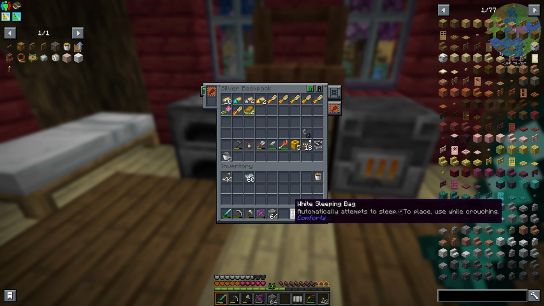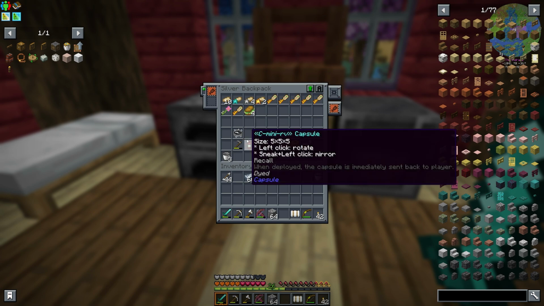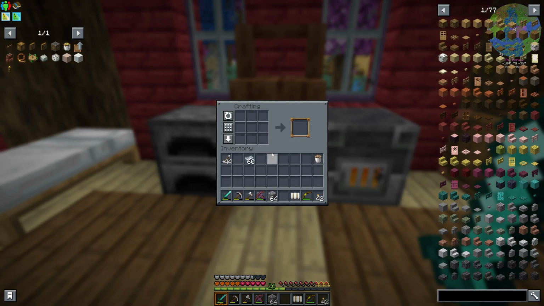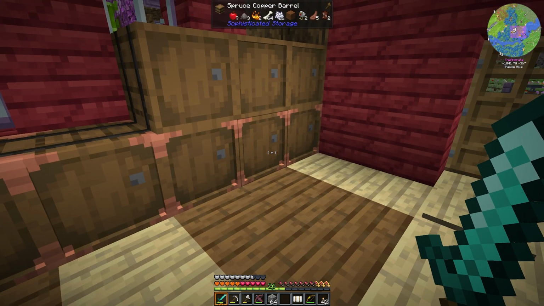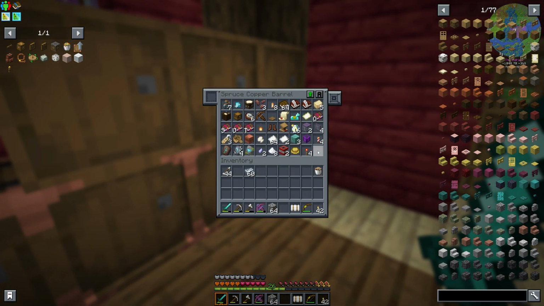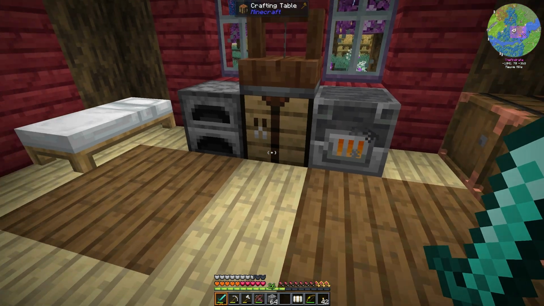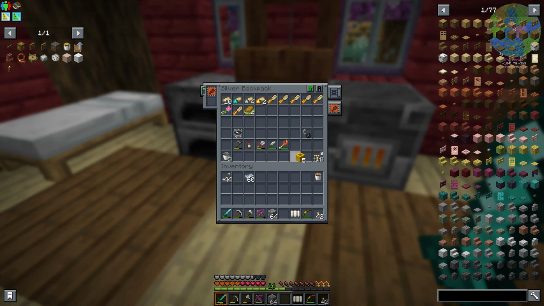Let's see. I need to have my sleeping bag. We're going to be doing some exploring. The compasses can go up here. Multi-torch can go there. I guess I don't have any more waystones, do I? Waystone floating around? No? Okay. Well, that means I'm not going to have a slot for waystones, but I'll put the warp pipes